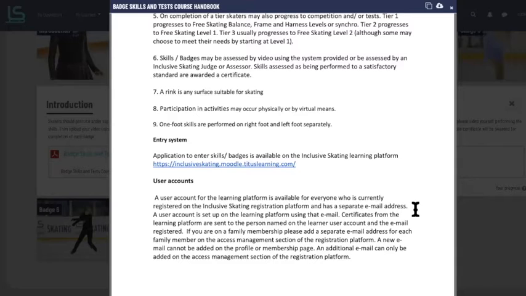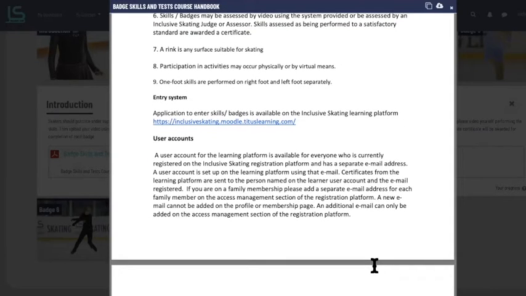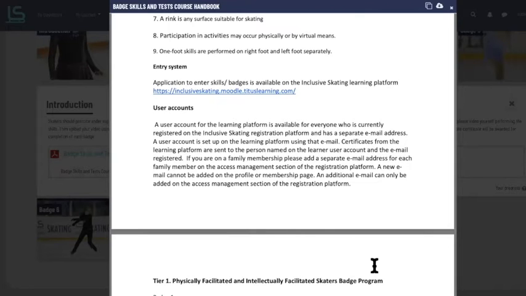So application to enter the skills, bearing in mind this document is also available on the website as a PDF. If people are wanting to find the link to access the inclusive skating learning platform, I've just got the link there again, just to make sure that people know how to get themselves back into the learning platform. The user account, which is what you've both got, is available for everyone who's registered with inclusive